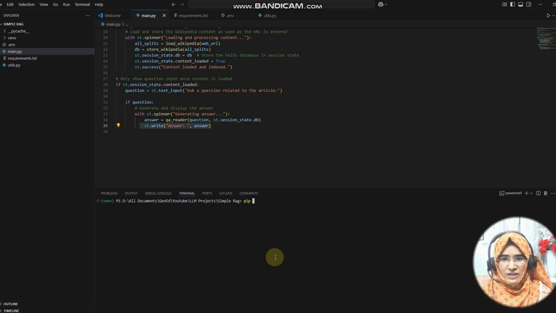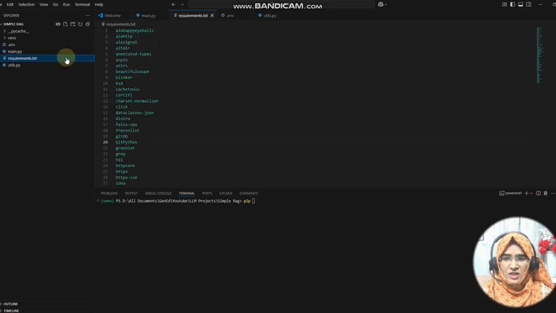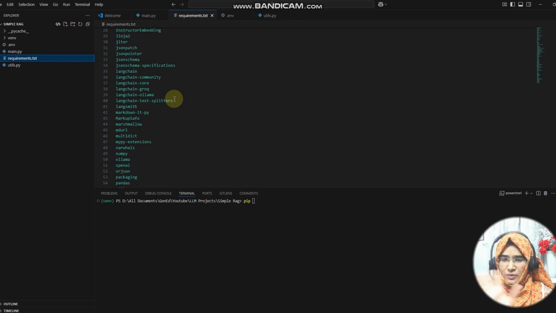For that, I have right here requirements.txt. This particular requirements file you have to load first in order to run this project. So I write here pip install -r requirements.txt, right? You need to enter it, and all the requirements to run this particular project will be installed.